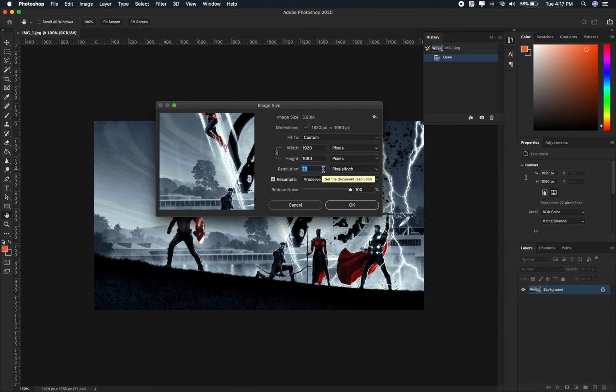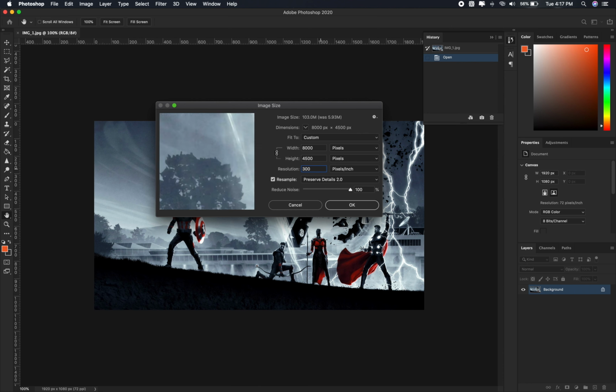Now let's increase the resolution and see what happens. We'll increase it to 300 ppi. Here you can see that the dimension of the image has increased, but now the unit is in pixels. If we switch back to centimeters, you can see it remains the same. That is, changing the resolution doesn't affect the physical dimension. So if you have an image of physical dimension 10 centimeters by 10 centimeters, then even if you increase the resolution from 72 to 300 ppi, or if you reduce it, it doesn't affect the physical dimension